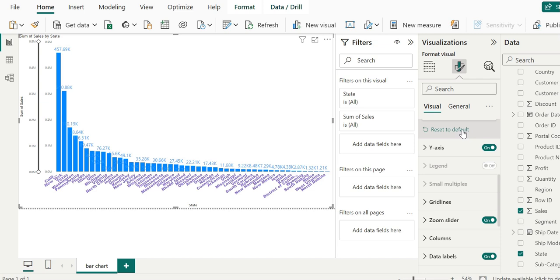If we click on reset to default visual, you can see whatever changes we have made will be reverted.